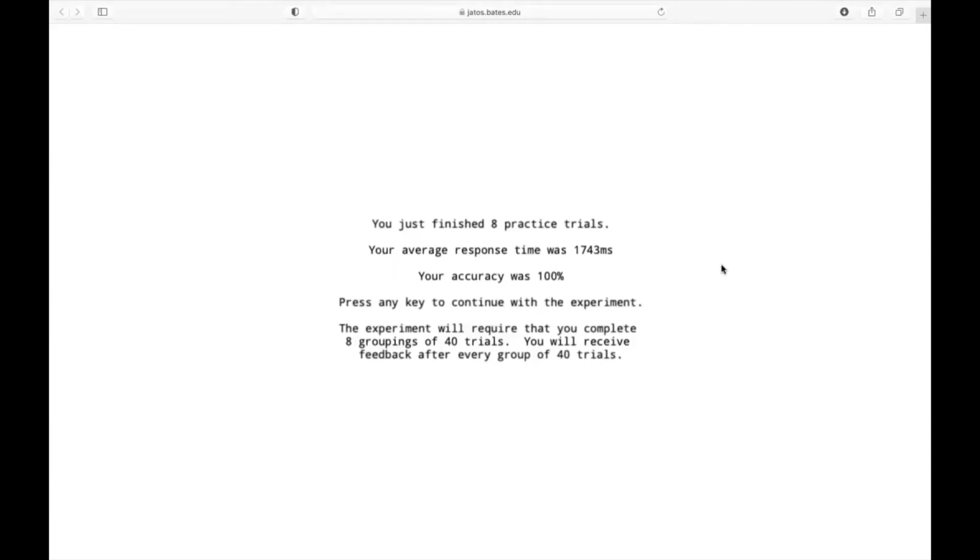After each block of trials, you'll be given an average response time as well as your accuracy. We will have 8 groupings of 40 trials. After you have completed the trials, you'll be automatically redirected to another page where you will answer a